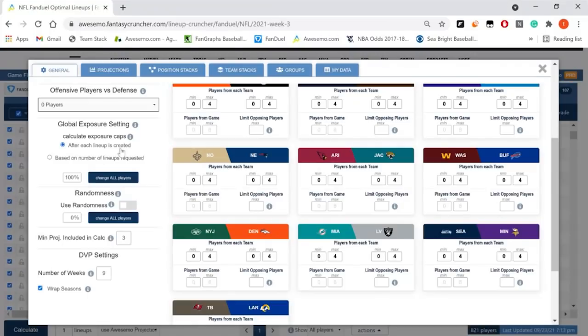And it's going to calculate that each time for you. So it will force a bit of a shuffle, but it will also potentially leave out some lineups. The slower way to do it, especially if you're crunching like 500 lineups, is to do it based on number of lineups requested. And what that's going to do is allow the app to build just the most pure versions of each of these constructions, each of these lineups, without really caring,